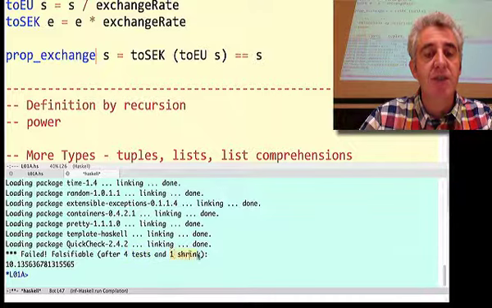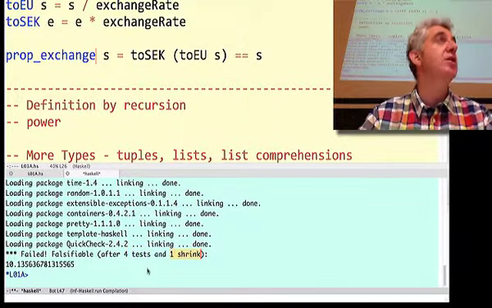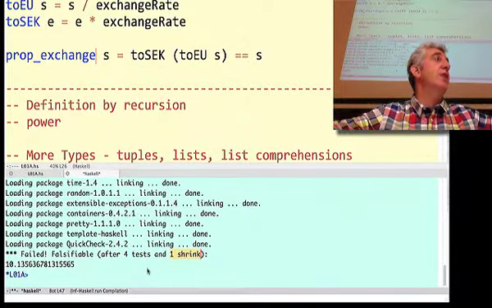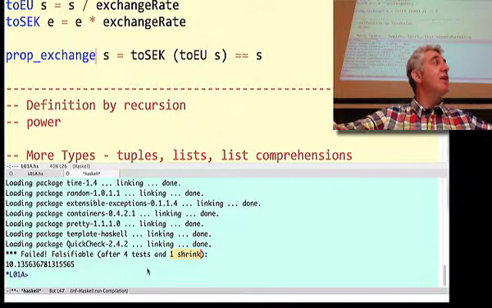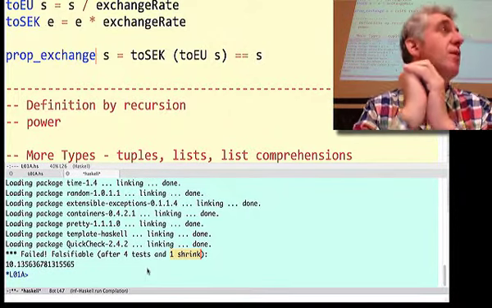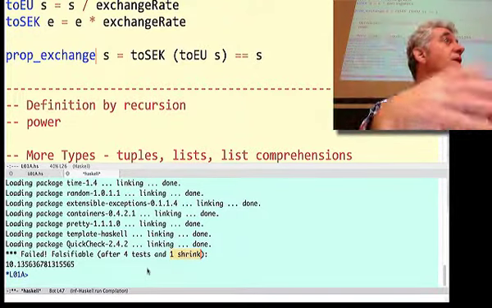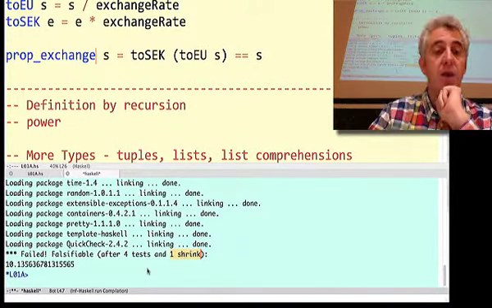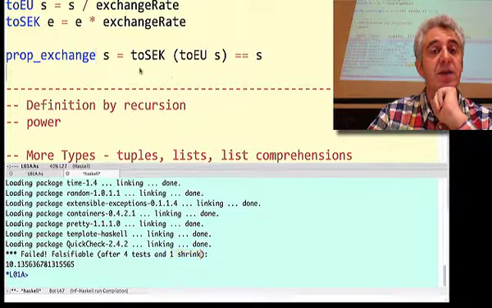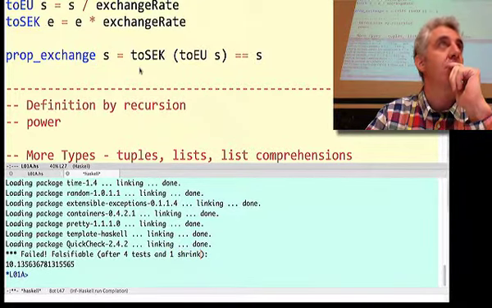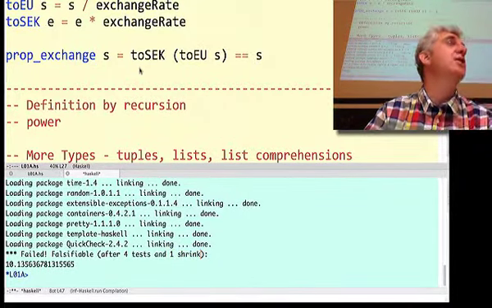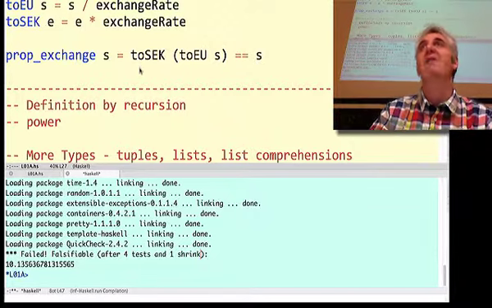This shrink is to do with the idea that QuickCheck uses of finding a counterexample, then if it can, finding smaller counterexamples. Because small counterexamples are much easier to understand in general than big ones. So it turns out the test fails. Anybody got any idea what went wrong? Yeah, it's to do with the precision.